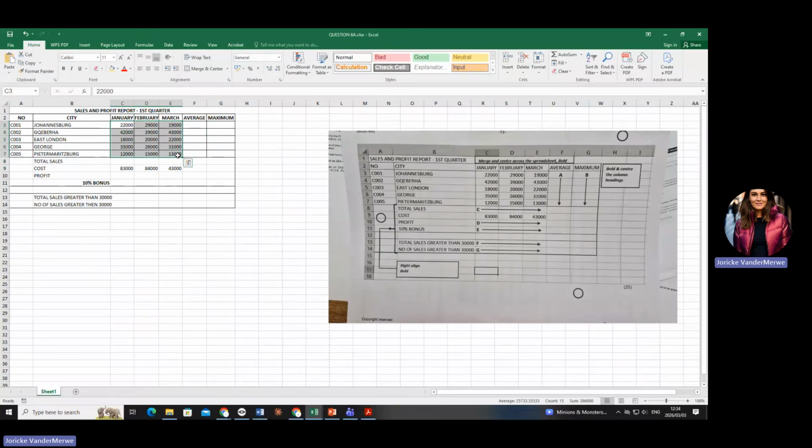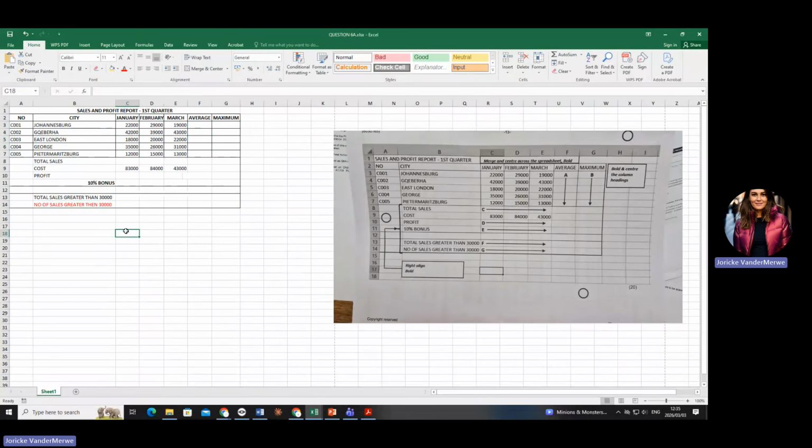Okay, now what I will do is just make a note there. It says you must display the number of sales. So this is what they're talking about. You must display this as an integer. An integer is a number without a decimal. Are you with me? Okay, so nothing else, it just says a number, no decimal.